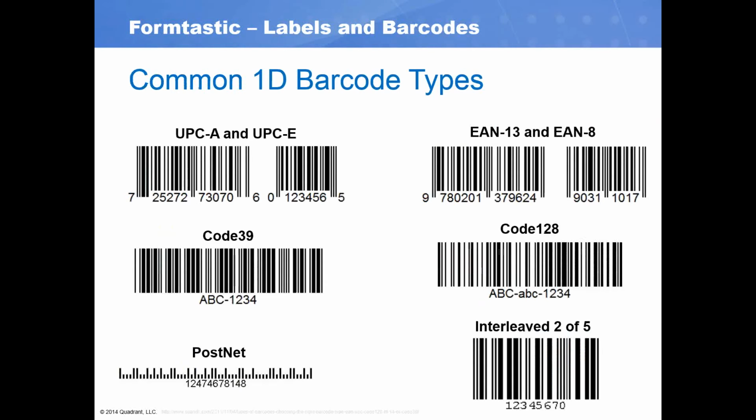So here's a few of the large number of barcode types that we support with Formtastic. Most of you are probably familiar with UPCs and EANs. These are going to be present on every retail, or virtually every retail product that you're going to see in store, UPC being most common in the United States, and EAN is virtually used everywhere else worldwide. Now, these are fixed in length, and they are generally only used for retail goods,